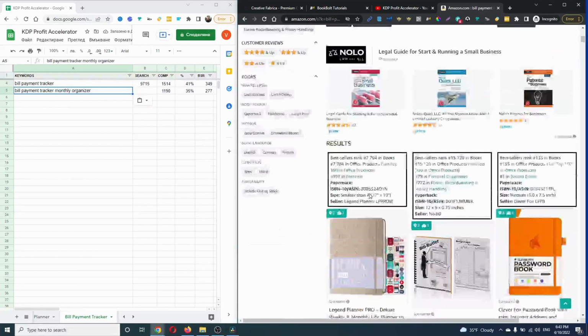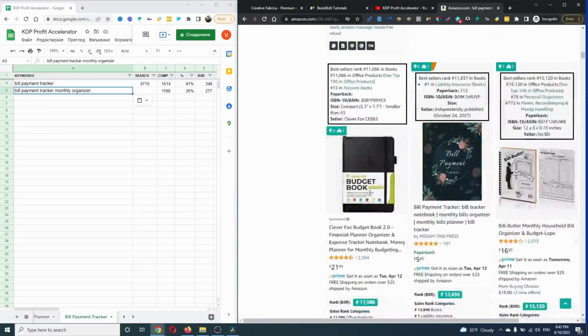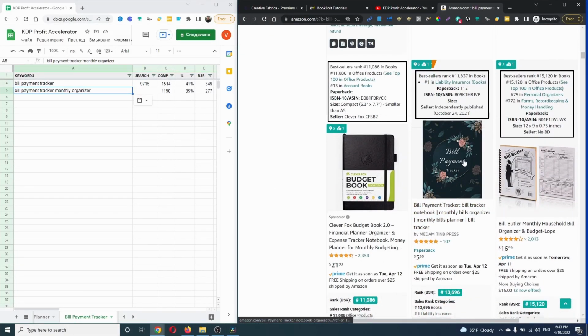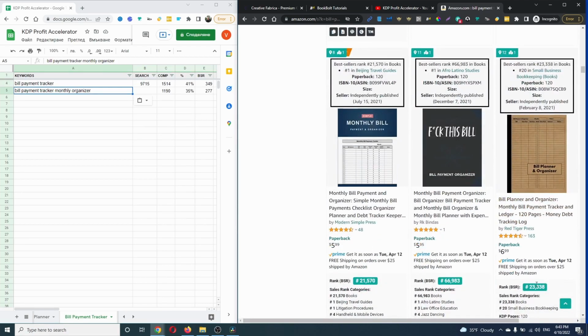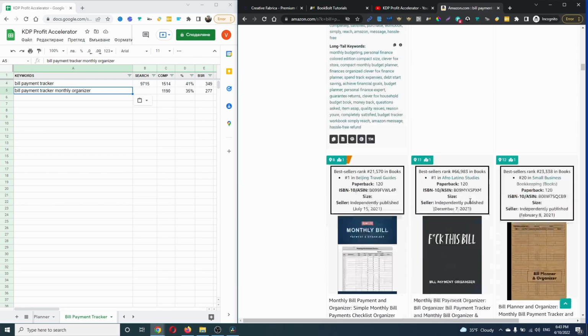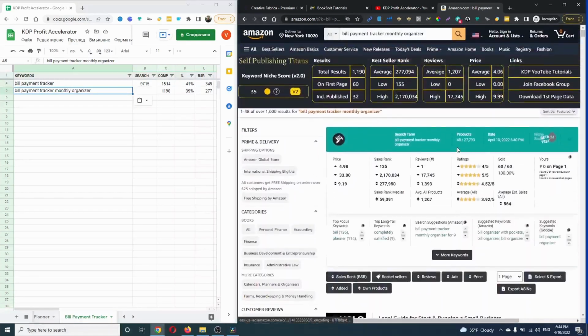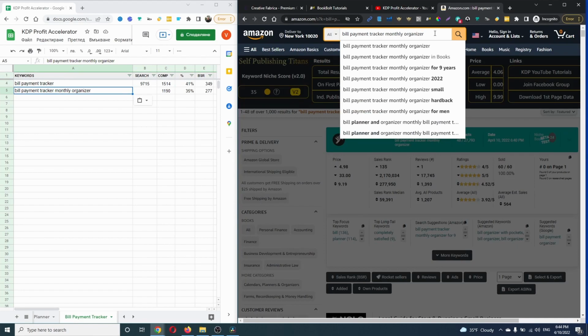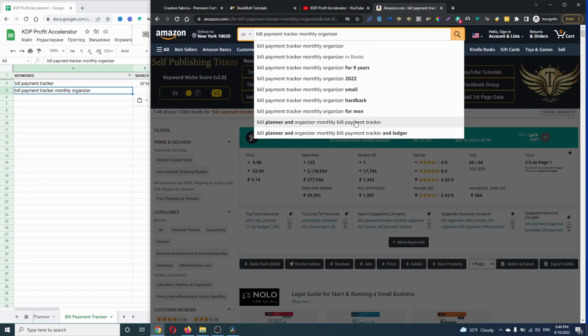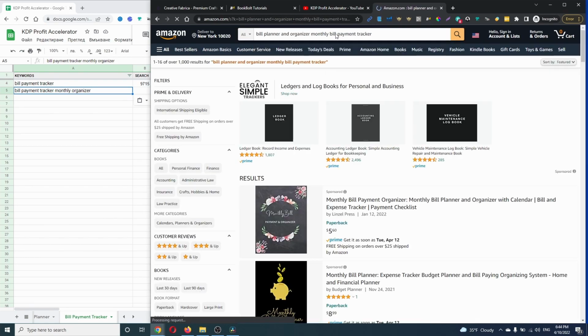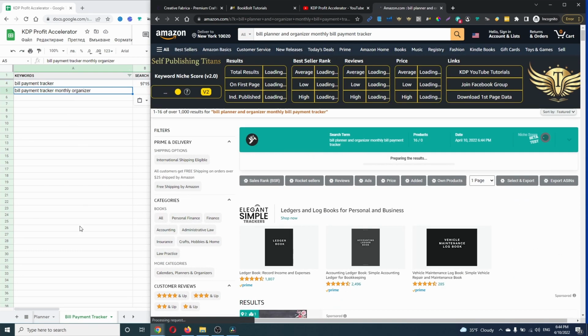So let's check the BSR rank. This book is ranking also here. This one is with 33,000, 21,000, 66,000. So this one is also good. Let's check if we have any other combinations here. Bill payment organizer, monthly bill payment tracker. Let's check this one. These are long tail keywords, and when I fill my spreadsheet I will decide which combination of